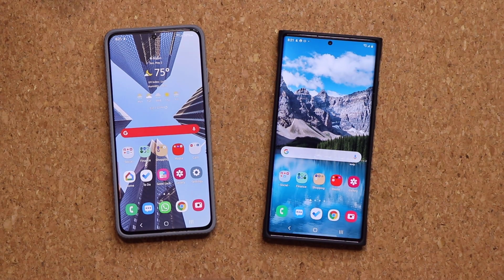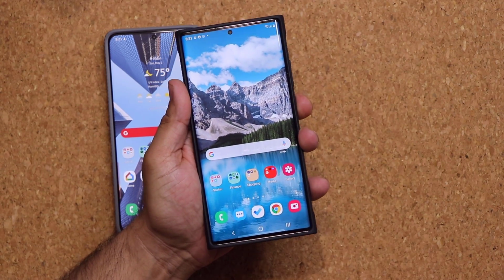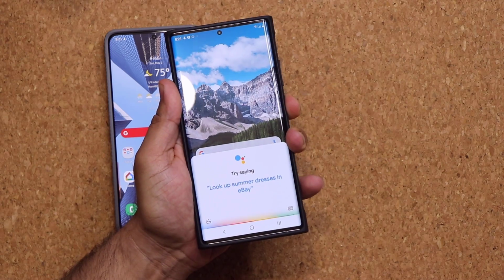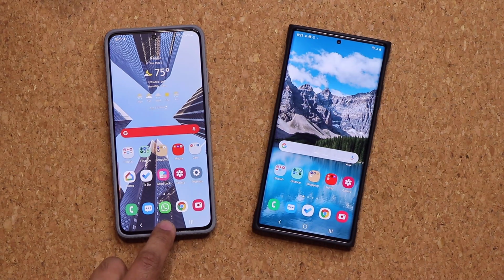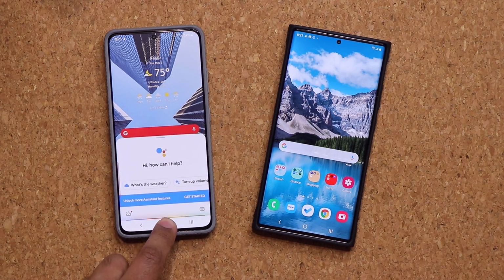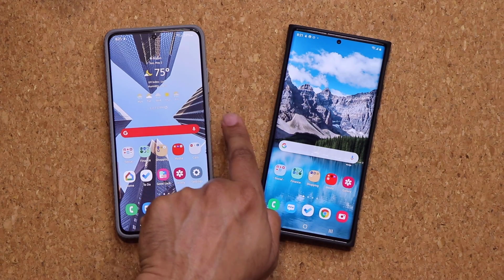And here's what I'm talking about. So now when you press and hold this button, it's going to bring up the actual Google Assistant just like that one. Okay, so that's the one that shows up at the bottom when you normally press the home button here. But now we're going to program it so it actually shows up when you press and hold the side